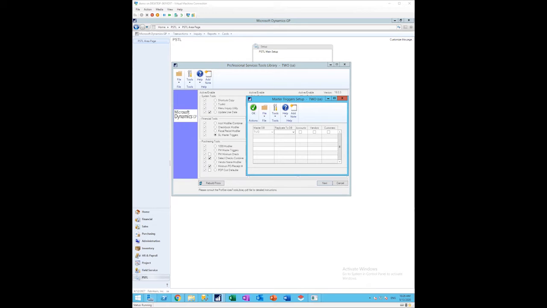If you have the ability to identify your from company and to company, you can do that here. So you can select the company that you would like to replicate the database to, and then you can select whether you want to replicate accounts, vendor information, or customer master information